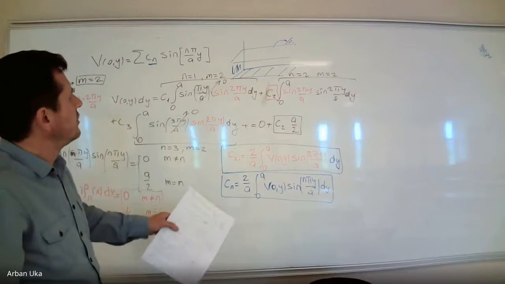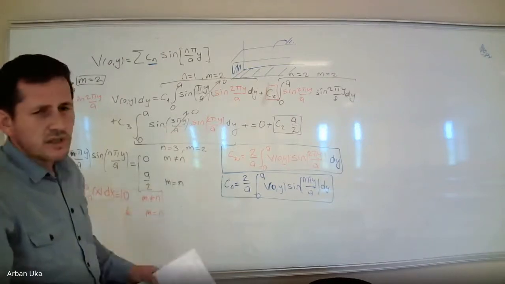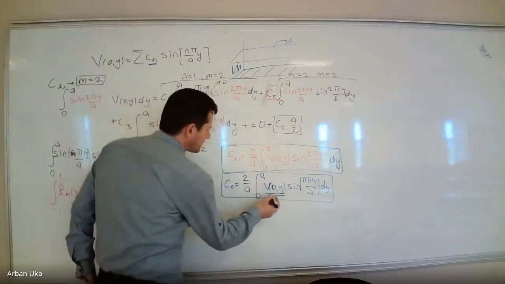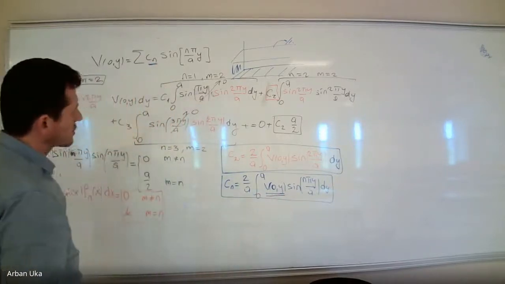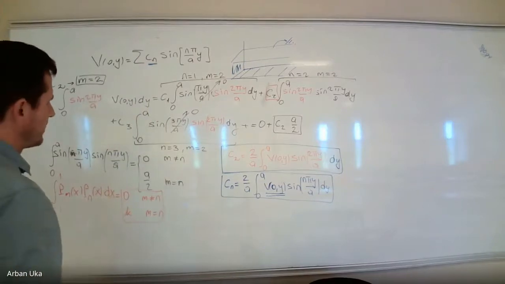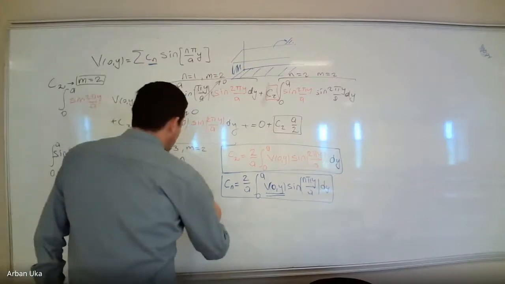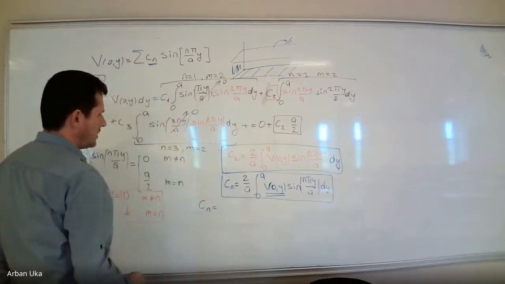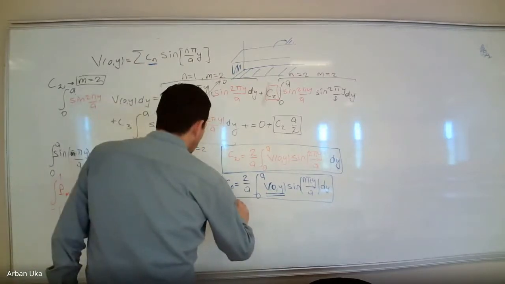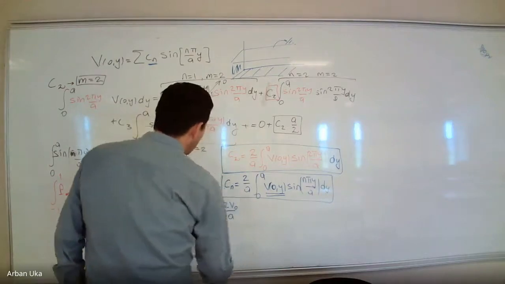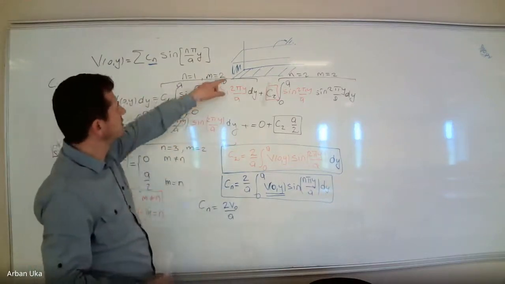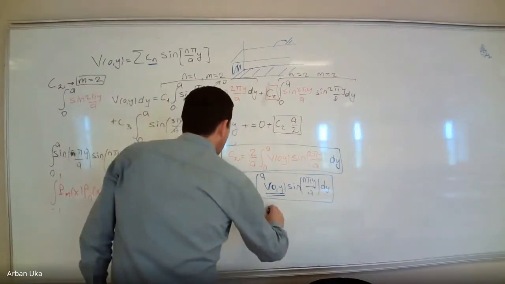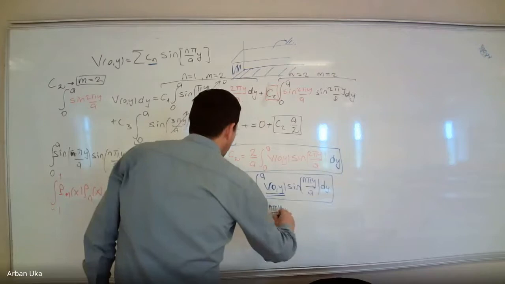So let's assume that you connect it to a battery, which is 3 volts. And then this value, let's call it 2 volts, okay? Or let's write it V0. Then the Cn would be equal to 2V0 divided by a, where a is the distance between the two plates, integrating sine n pi y